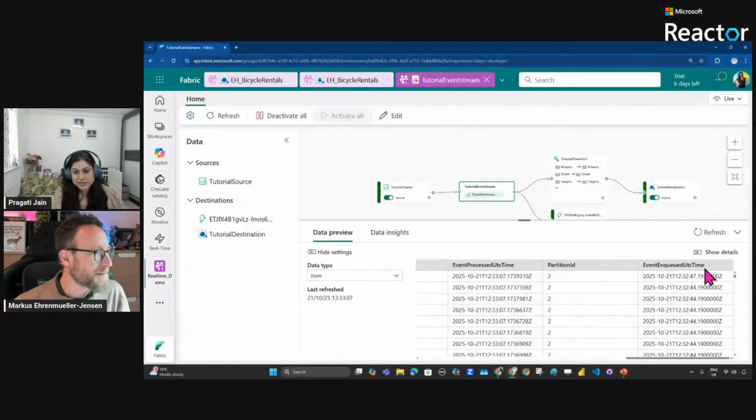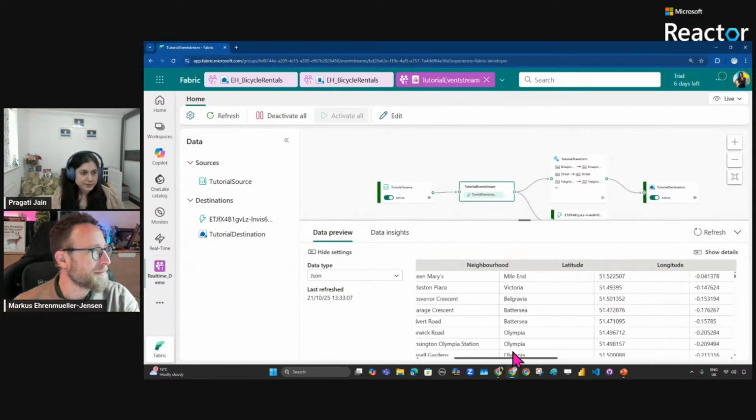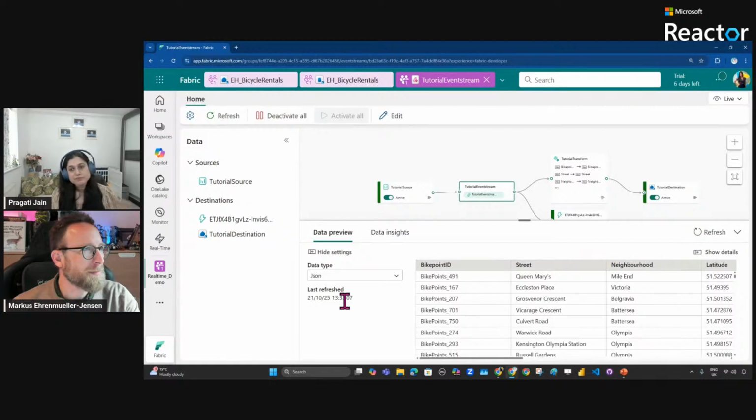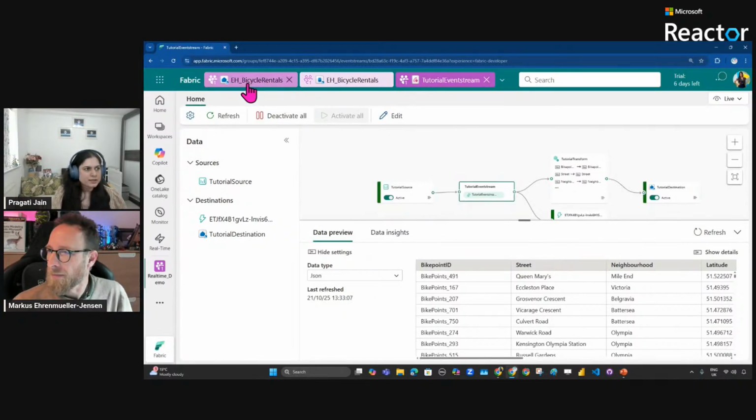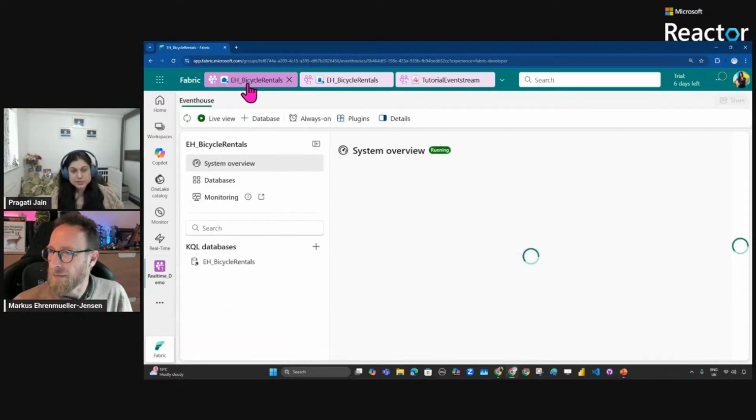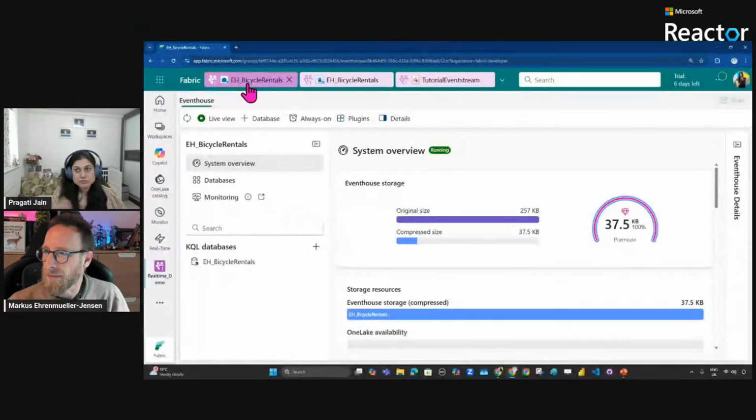That's why it's real-time data, because every other second I can see some data coming through. So event stream is basically a process built in to ingest and transform your data. The next thing that comes is Eventhouse. Once you have ingested and processed or transformed your data, then you need to land your data to a destination.